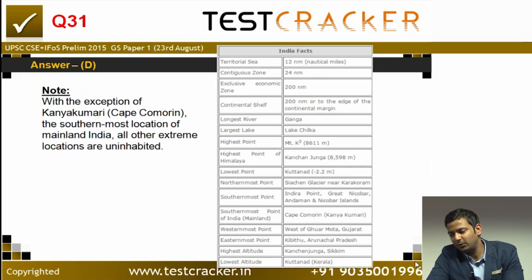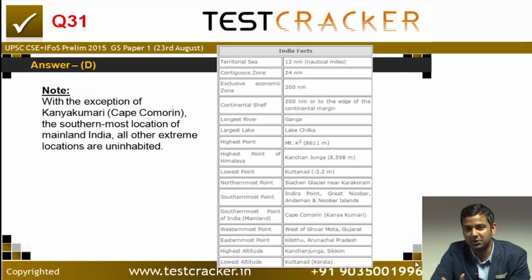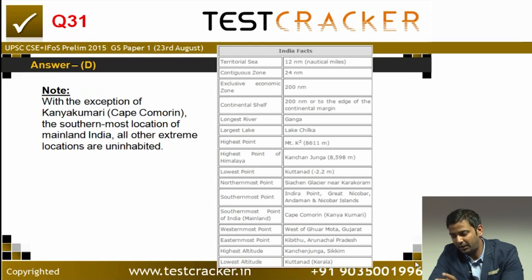Right? You find a few other points being highlighted here. As I have told you, the trend is towards factual question. The trend in UPSC's prelims is towards, let's say, making it like a quiz contest at a school level, those kind of questions. Therefore, for the next year you should find out all the facts about India.